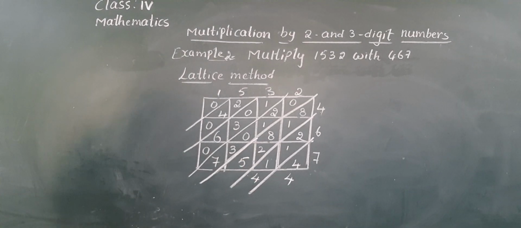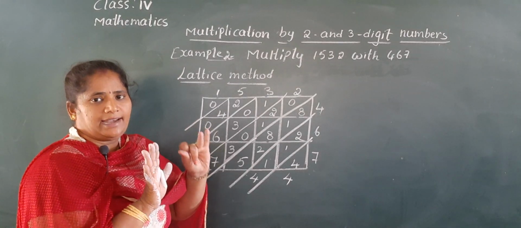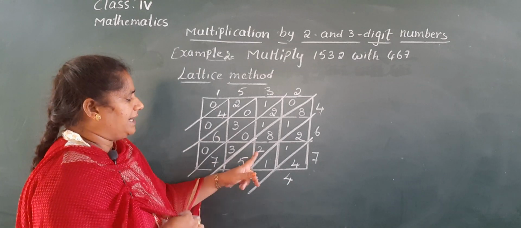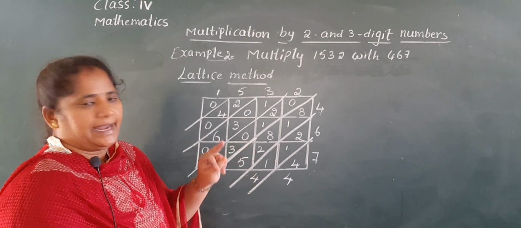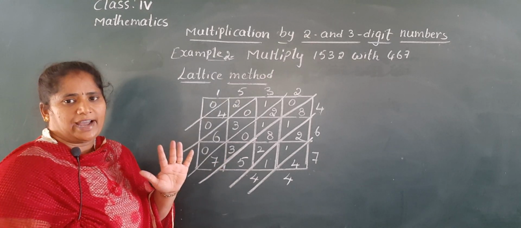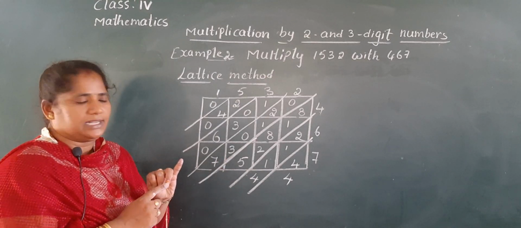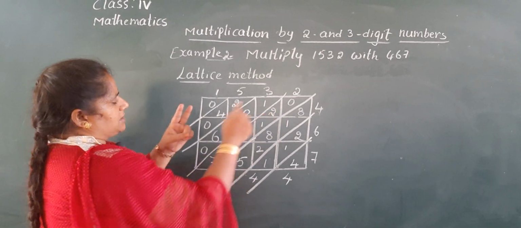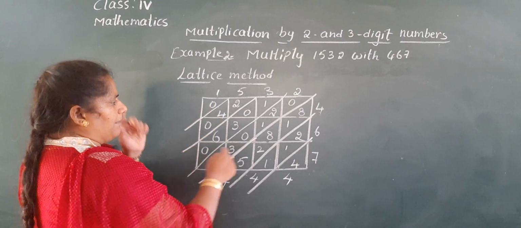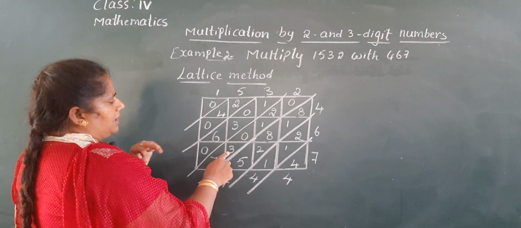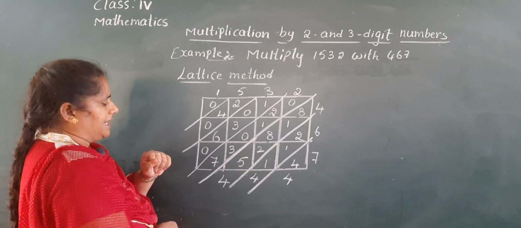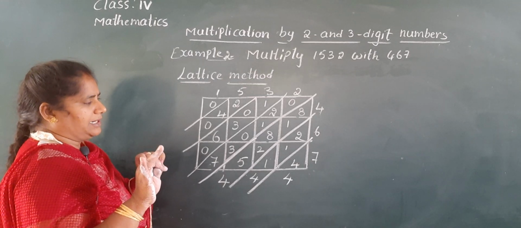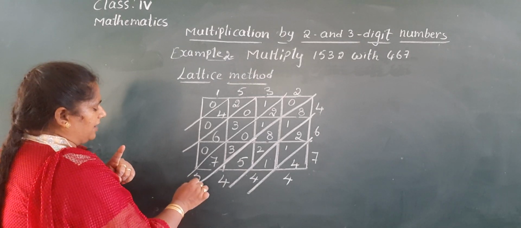Take 8 fingers, 9 after 10, 11, 12, 13, 14, 15, 16, 17. 17 in the mind. Take 2 fingers, 17 after 18, 19. 19 plus 5, 20, 21, 22, 23, 24. Yes, 2 in hand, 4 is down. Now 2 plus 2, 3, 4. 4 in mind, take 1 finger, 4 after 5. Take 3 fingers, 5 after 6, 7, 8. 8 plus 7. Take 7 fingers, 8 after 9, 10, 11, 12, 13, 14, 15. 1 in hand, 5 is down.